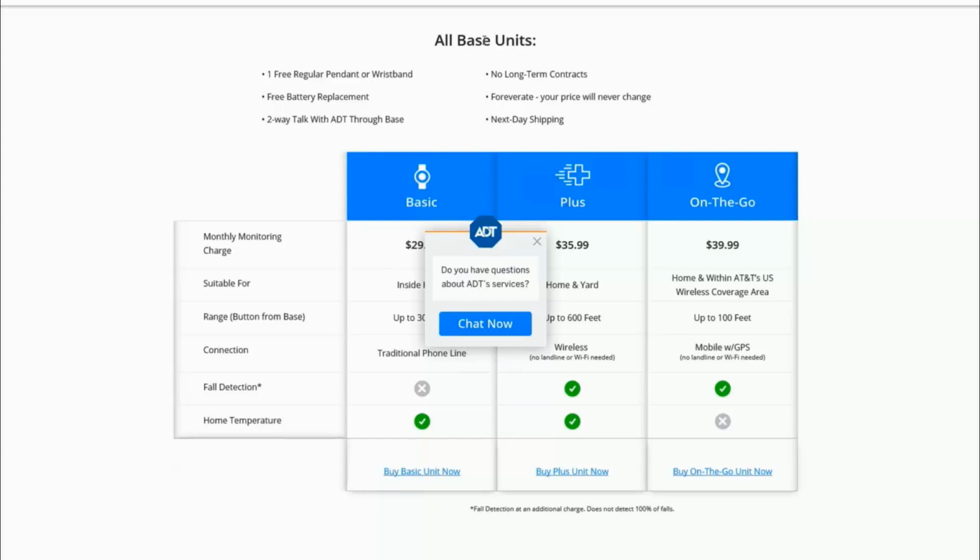Table with 9 rows and 4 columns. Row 1, column 1. Column 2, graphic clickable basic icon head. Column 3, graphic clickable plus icon head. Column 4, graphic clickable OTG icon head table cell. Row 2, column 1, monthly monitoring charge. Column 2,